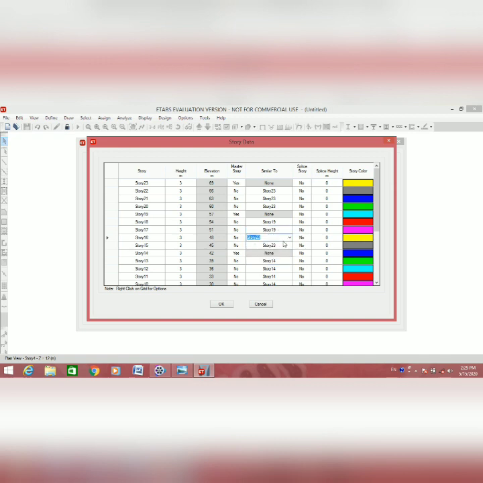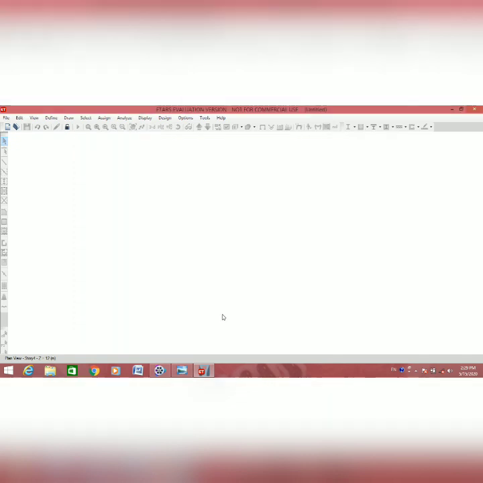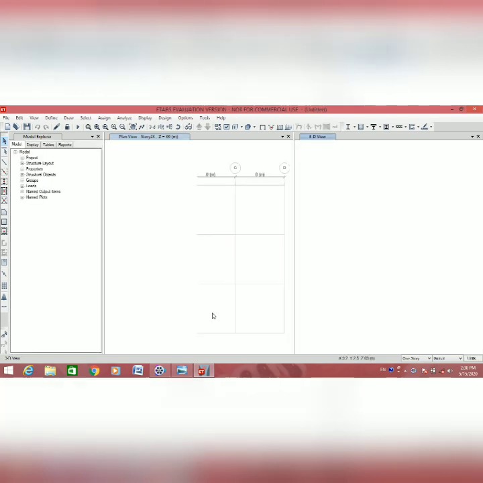Select all these one by one, then click OK and choose the grid only option, then click OK. The software will generate the grid that we have set in a few seconds.